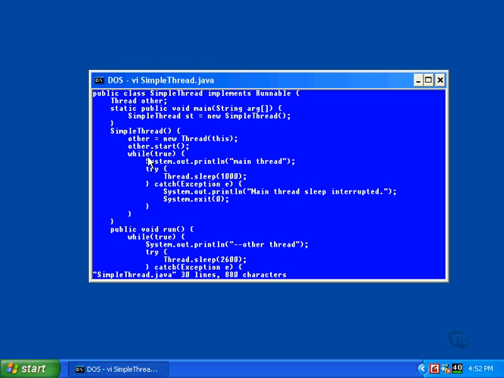This while statement is what is known as an infinite loop. That is, once this while loop begins execution, it will continue to execute because true will always be true until the program is halted. At the top of the body of the loop, a line of text is output to the screen. Also, inside the body of the loop, a call is made to the sleep method of the thread